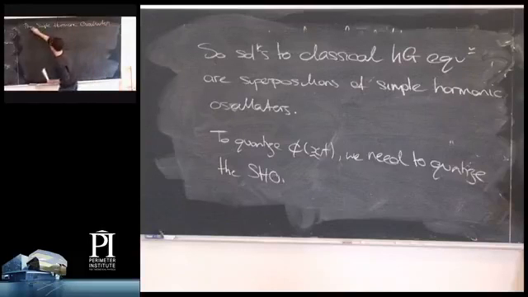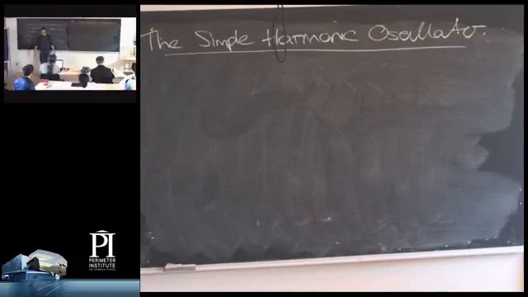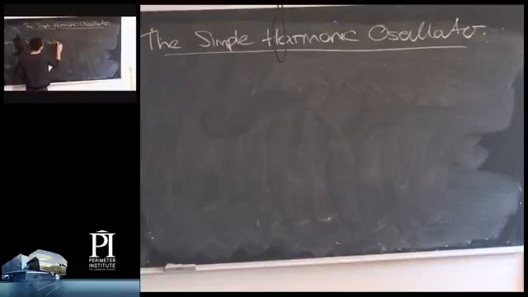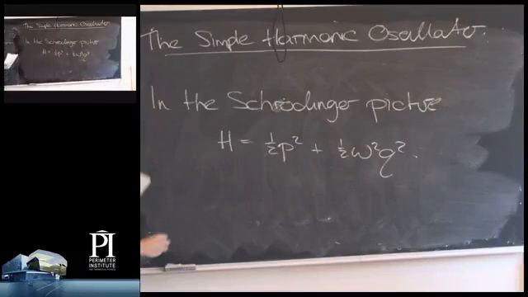Okay, so this is going to be very straightforward. You know, Michael Peskin likes to say that physics is that subset of human experience which can be reduced to the simple harmonic oscillator. It's completely true. It's basically the only thing we can solve. So in the Schrodinger picture, this is the harmonic oscillator